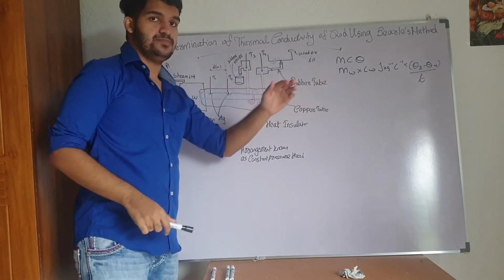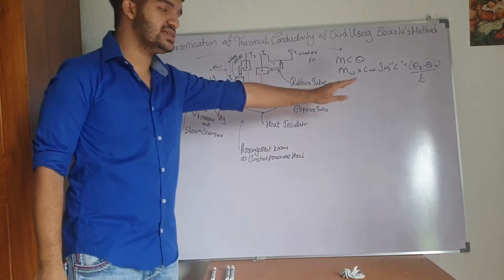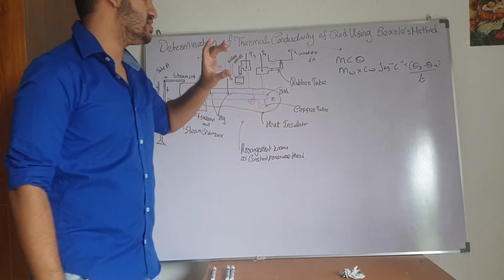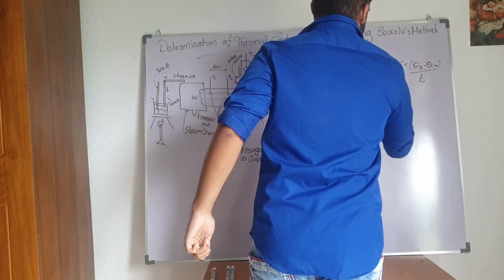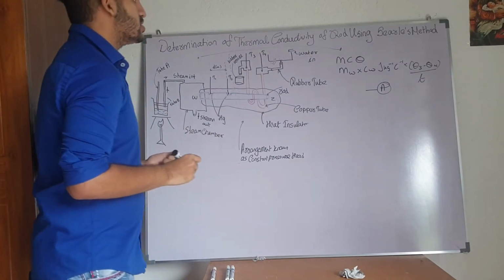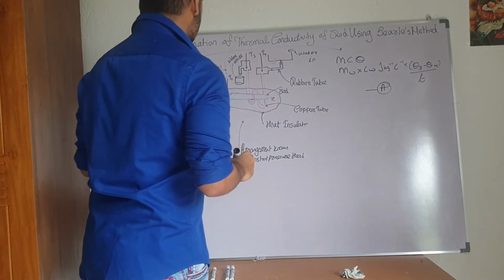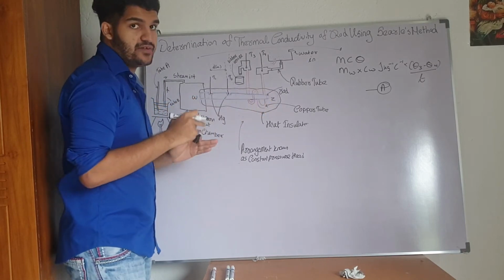This is the total heat transferred per this given time, the total amount of heat transferred from this water flow in this given time. Okay, so then we have this equation. Let's mark it as equation A, since you will need it. Now you have to measure the area of the cross section of this metal rod.